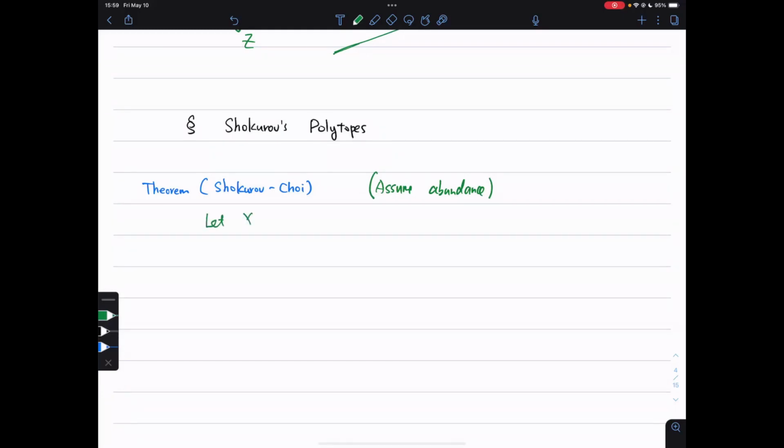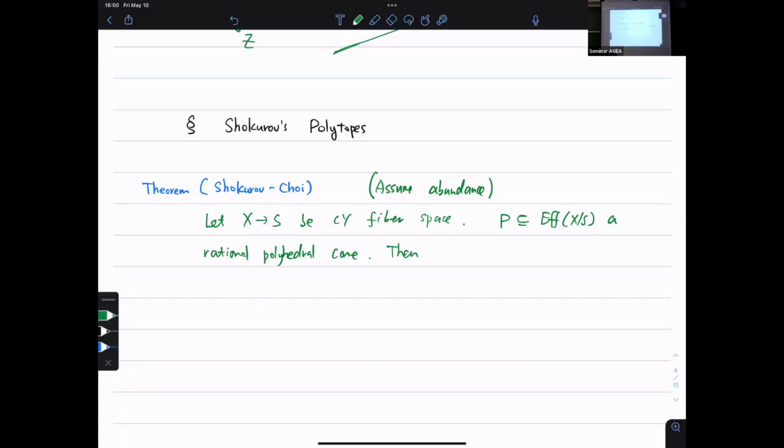So let X over S be a Calabi-Yau fibration, and we consider a rational polyhedral cone inside of the effective cone. Their theorem claims there exists a decomposition into finitely many rational polyhedral cones,